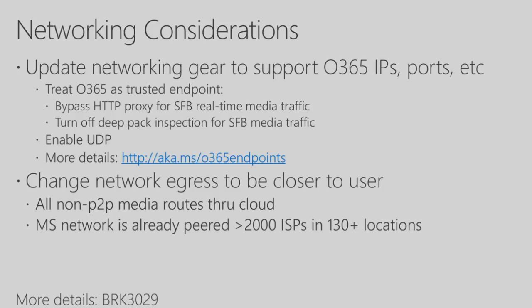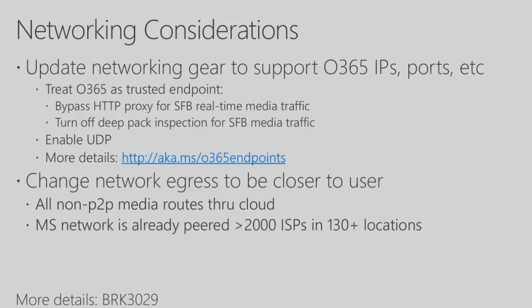The other thing is turn off deep packet inspection. It's already encrypted anyway. You're not going to see anything. And you need to enable UDP. And that website there has a ton more details with all the port information and domain names and things like that, IPs. The other thing you're going to want to do is you're going to want to put your network